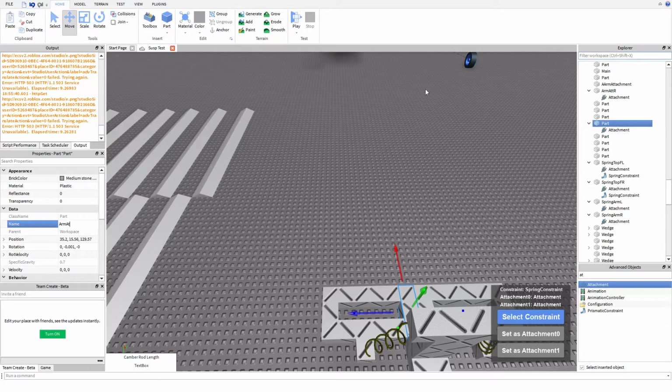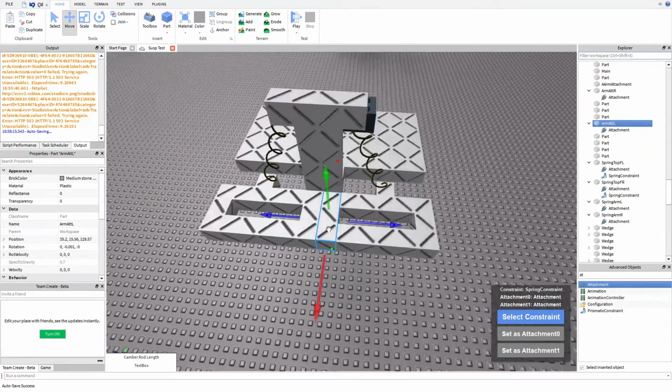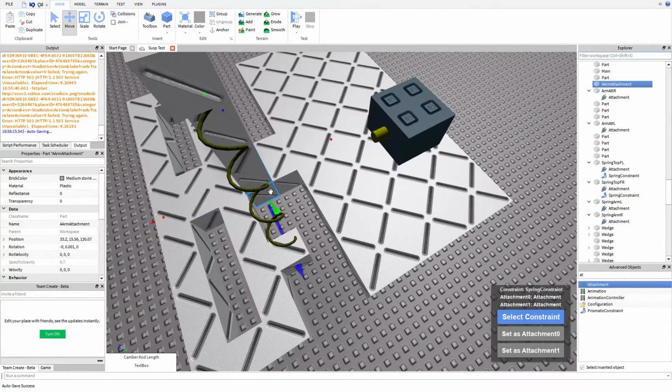Did I do, yeah, I did do two T's there. That's just to, again, keep things nice and tidy. Come here, and this is going to